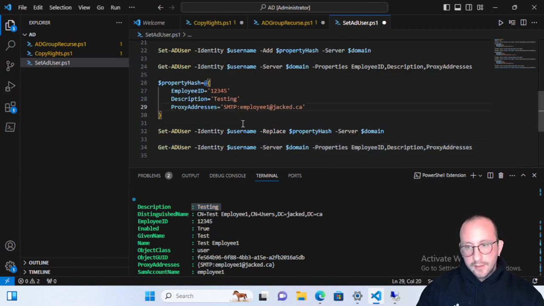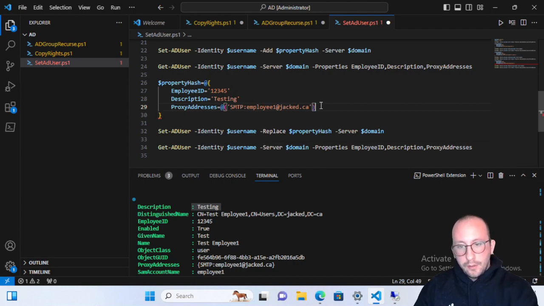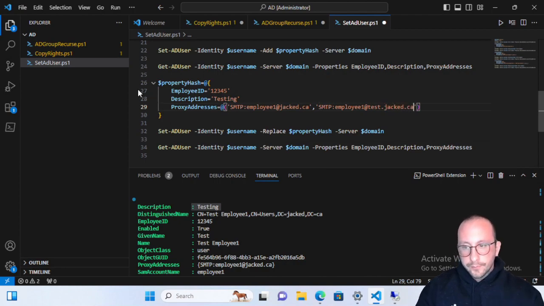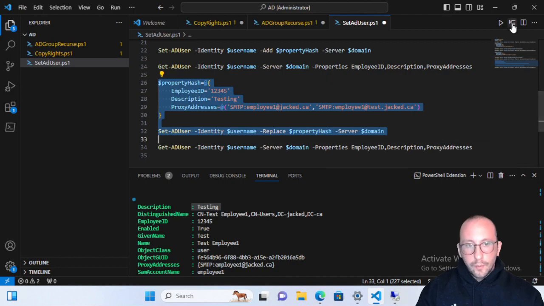We can insert more than one proxy address here. We can put an array in our hash table. And we can say that the second one that we want to add here is just SMTP employee1 at test.jacked.ca. And if we run this again,